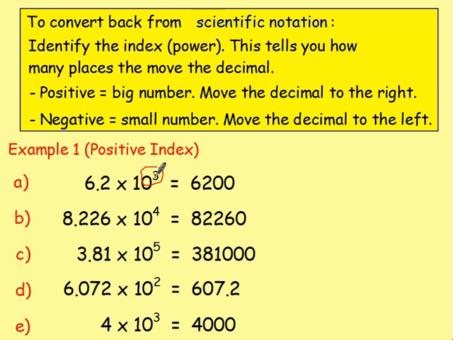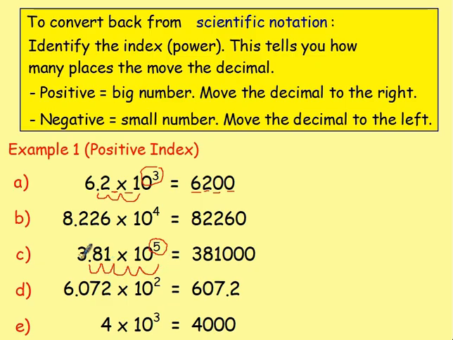So because it is a positive number, we moved it to the right, and we moved the decimal 1, 2, 3 places, which means we had the 6, then the 2. So we wrote down the 6, then the 2, and because we had these 2 spaces, we filled it in with 2 zeros. Or with this one here, because there's a 5, we would move the decimal 1, 2, 3,